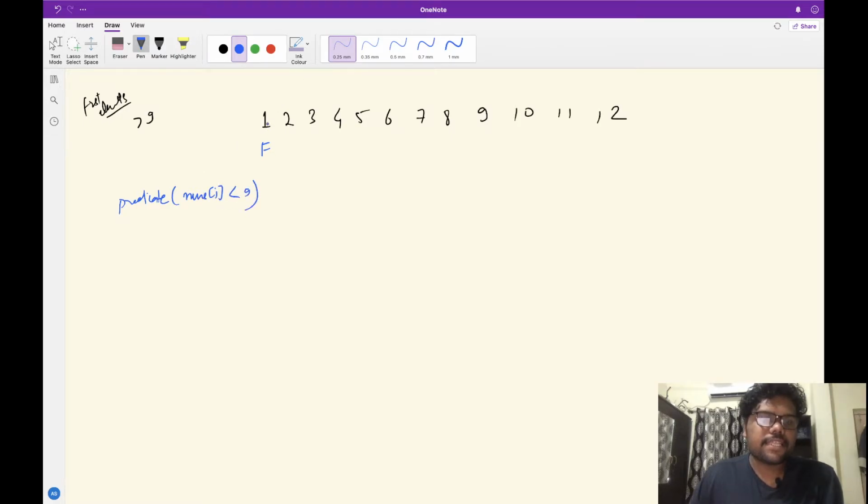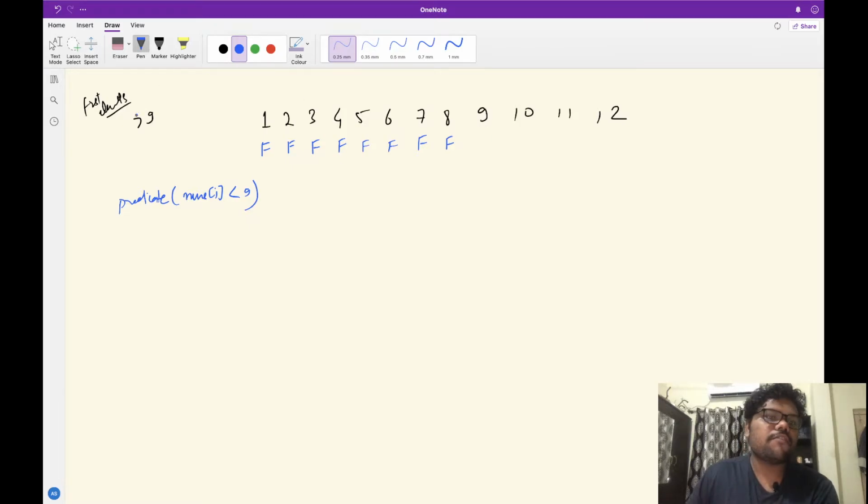Is 1 greater than 9? No, false. Let's move ahead. Is 2 greater than 9? False. Is 3 greater than 9? False. Is 4 greater than 9? False. 5, false. 6, false. Likewise, 7 will also be false, 8 will also be false. And here we will see, is 9 greater than 9?